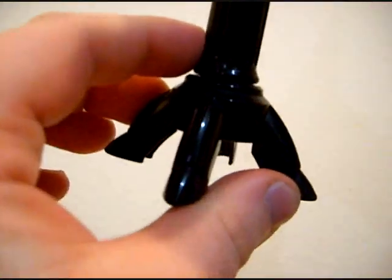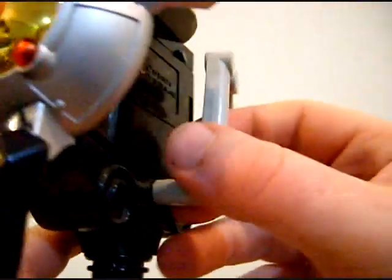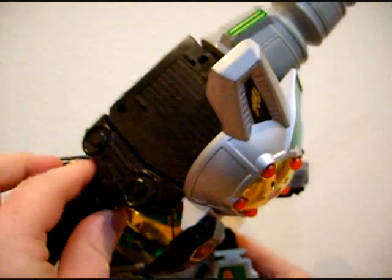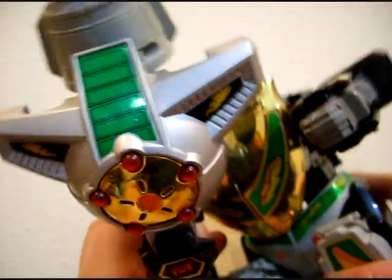Which came with its own clawed toad base, which was kind of cool. Unfortunately, you had to contend with this thing, which was a real squishy pain in the ass, and here's why. In the show, the Mega-Dragonzord just hangs onto the thing, and that's it, and then it drills it through, and yeah, this is really choreographed really well. But the toy, unfortunately,